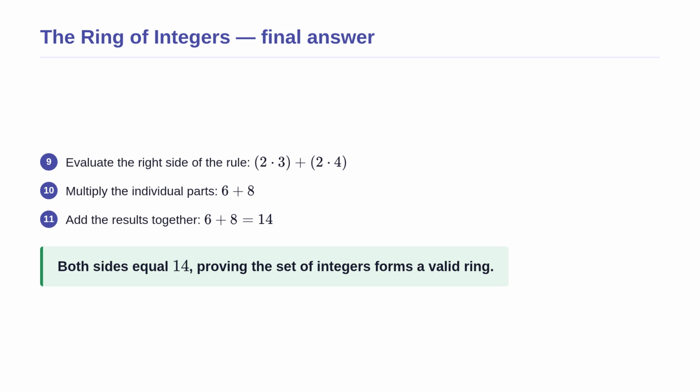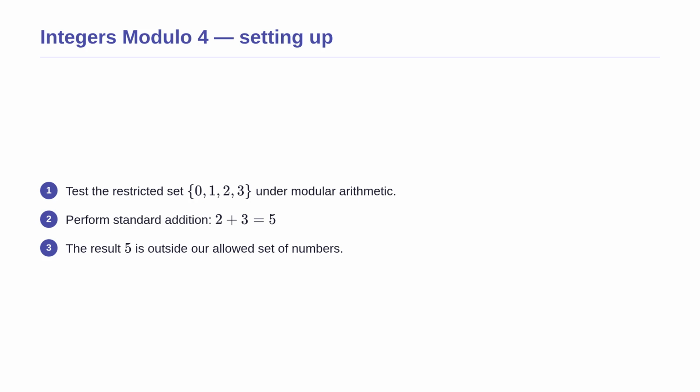Because all the other rules of addition and multiplication also hold naturally for whole numbers, we can confidently conclude that the set of integers is a perfect example of a ring. Physically, this means standard arithmetic is perfectly stable. Now that we have seen a standard example, let us look at a system that is a bit more unusual,